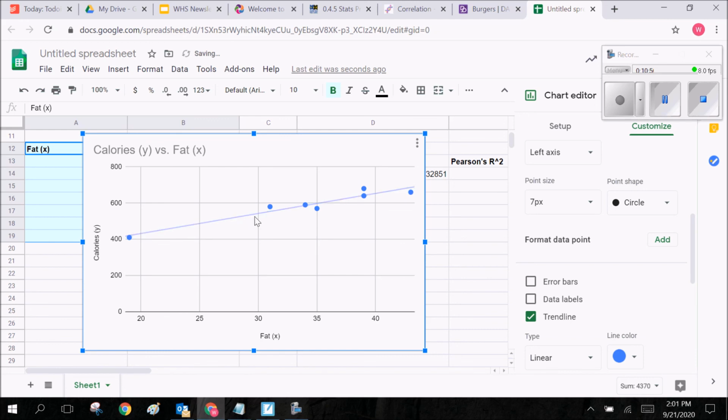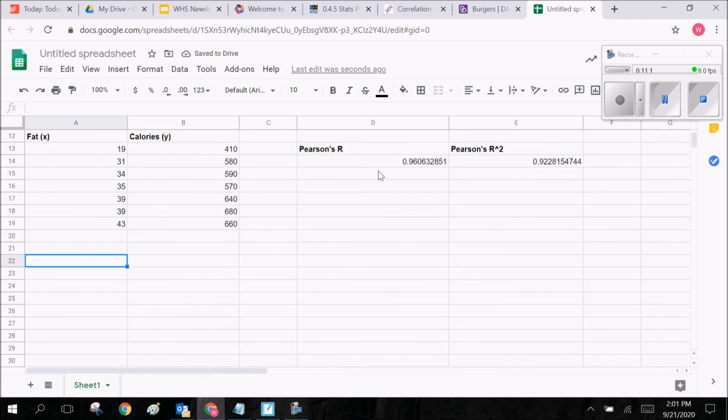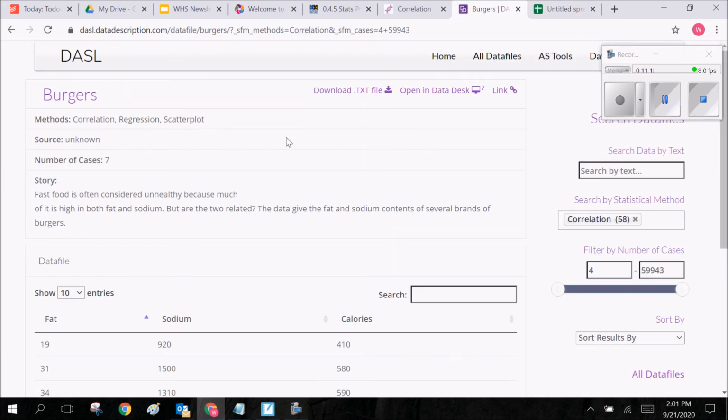Yep, and so we can see we have this nice positive trend line going up here on the scatter plot. Of course, we need to change the x and the y in order to get it more centered here, but other than that, this is basically what we see. So positive correlation, that makes a lot of sense. So that's how you do a Pearson's, right? Pearson's correlation, very easy, really good to do with your data, especially in your IA, to show the